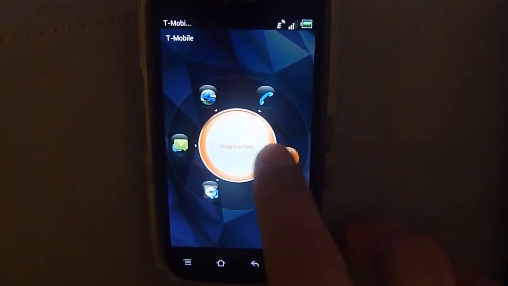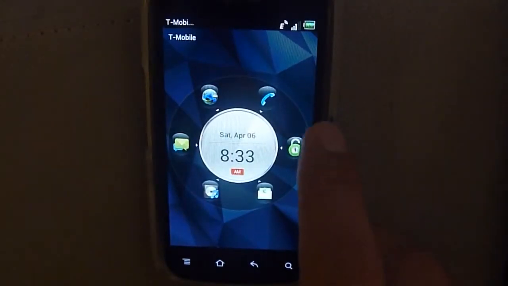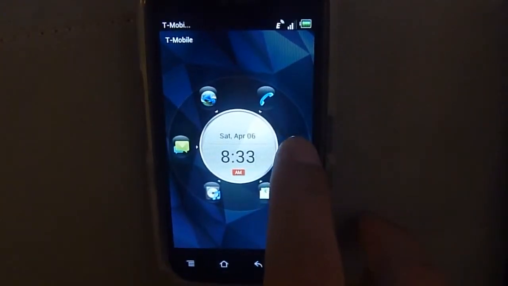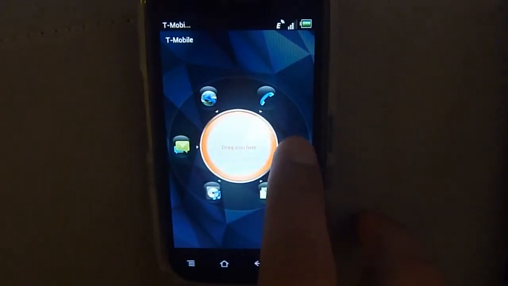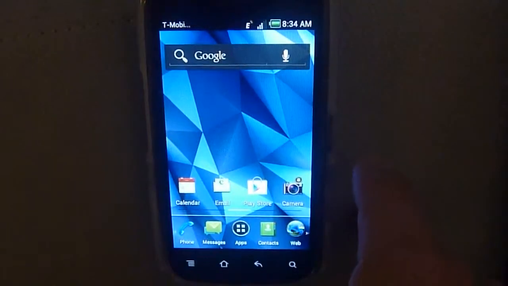For those of you still on Gingerbread and interested in upgrading your phone to ICS, I thought I'd do a short review of the differences in the two operating systems. So the lock screen looks pretty much the same. It's a custom lock screen and launcher by AT&T. Unlocking the phone,